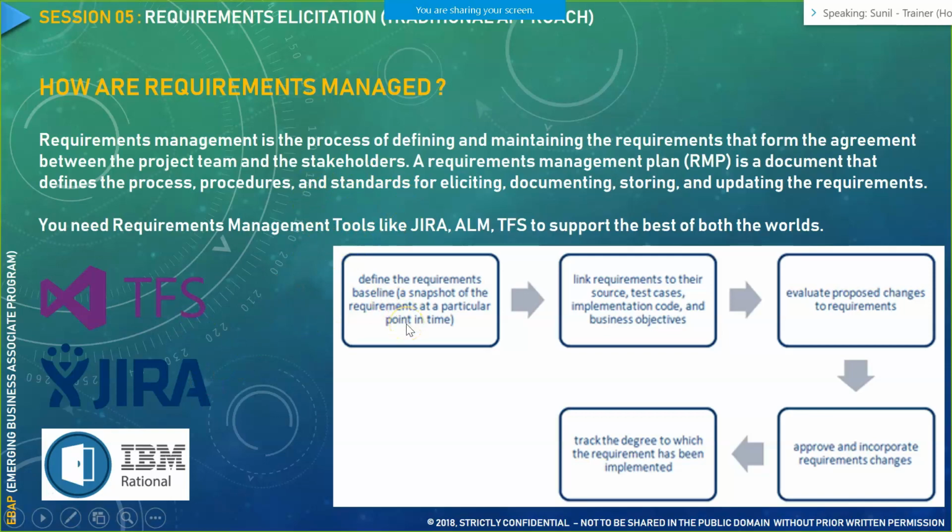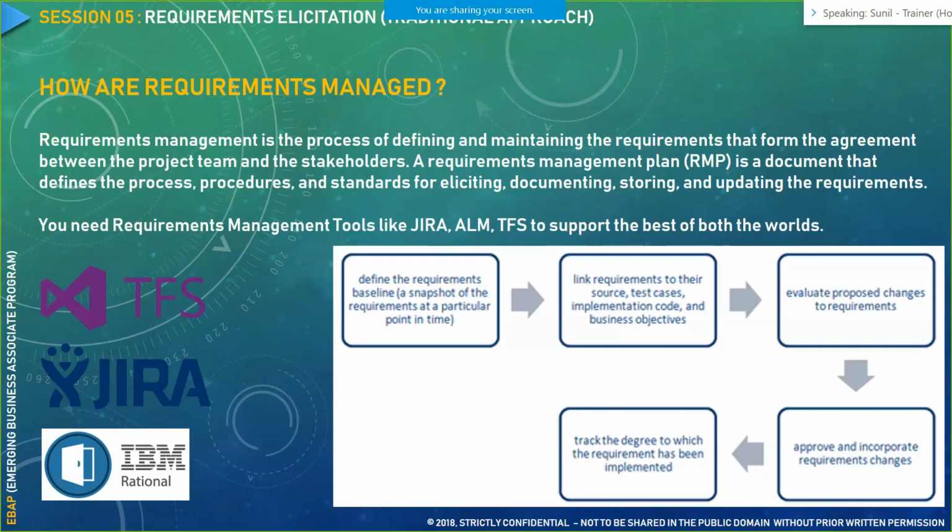Now there are certain phases in how you would be managing the requirement. Like you would first define the requirements baseline. Baseline is like when you start writing the very first requirement around a functionality. For example, you write a requirement: the user should be able to register to a particular website. This is a baseline requirement. After a certain point of time, the business user should say that, okay, your regular registration is fine via your email address or your cell phone number. Now we want Google authentication as well.